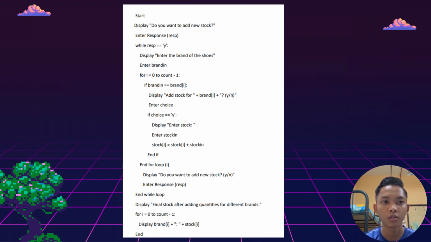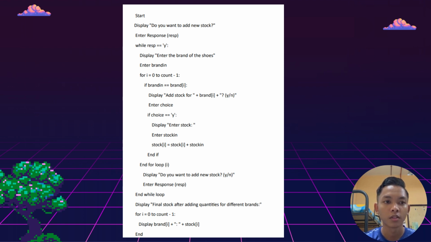If choice equals y, display enter stock, and then enter stocking. Stock = stock + stocking, end if and for loop, and then display, do you want to add new stock,